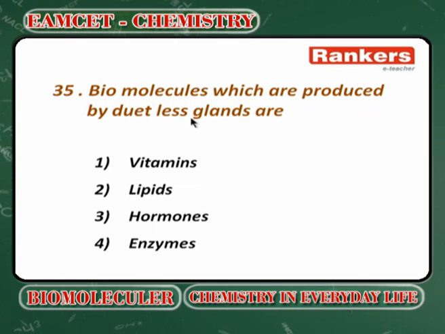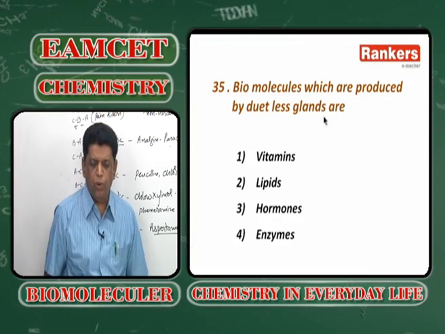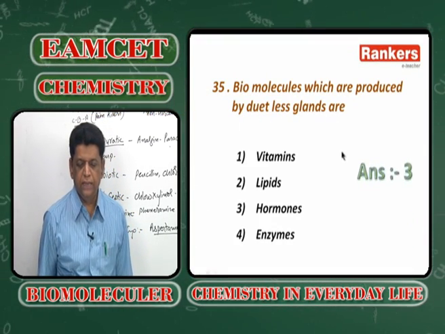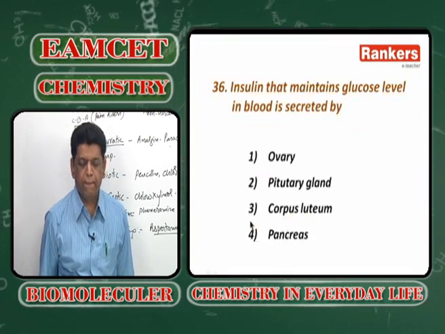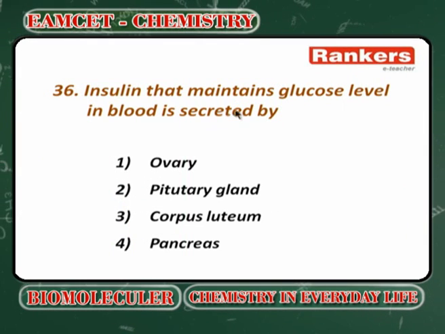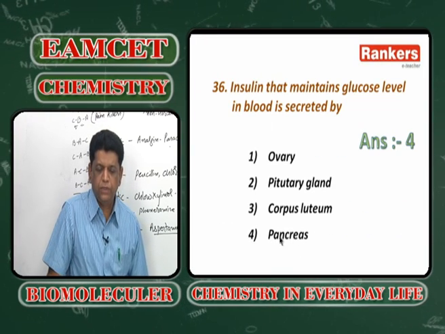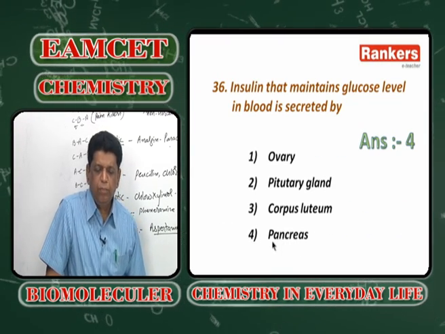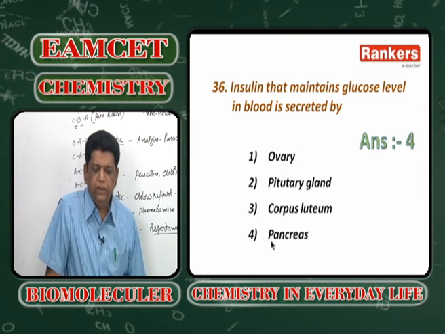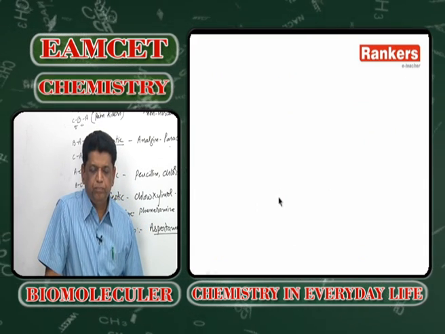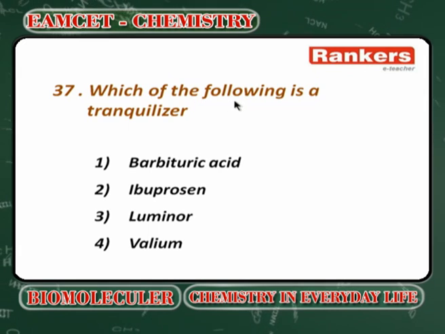ductless glands are hormones. That is answer 3. Next, insulin, which maintains glucose level in blood, is secreted by the gland called the pancreas. The pancreas produces insulin, a proteinous hormone. Next,